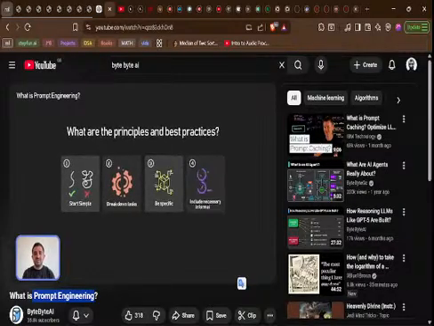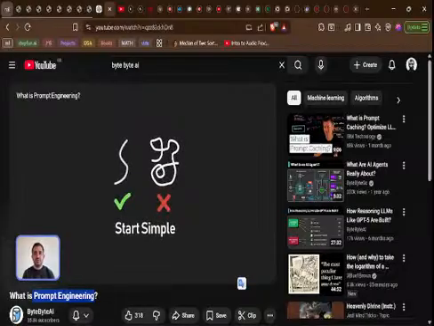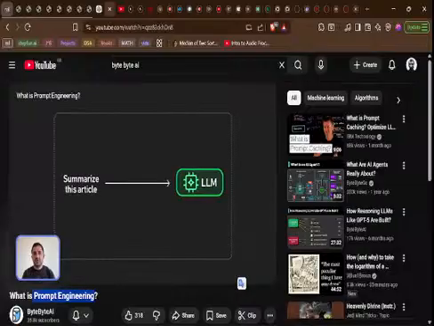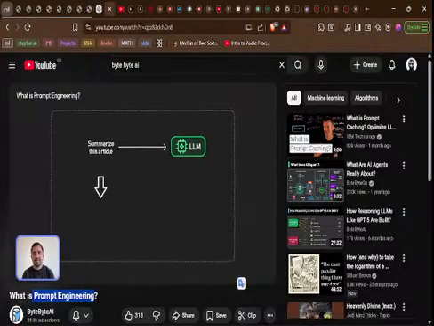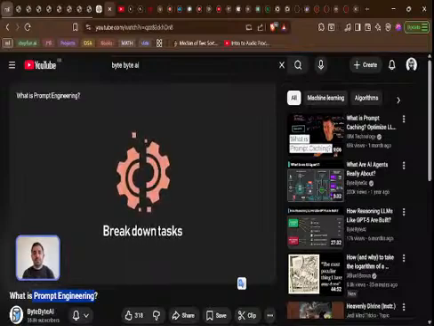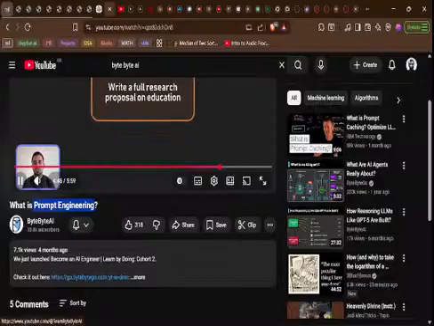What are the principles and best practices? Here are some key principles and best practices to keep in mind when designing your prompts. 1. Start simple. Begin with straightforward prompts, then gradually move to more complex ones. For example, start with a simple request like summarize this article. Once that works well, expand it to something more detailed, such as summarize this article in 2 sentences for a startup founder. 2. Break down tasks. Divide complex tasks into smaller manageable steps. For example, instead of asking write a full research proposal on education,